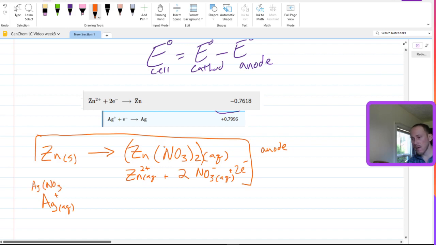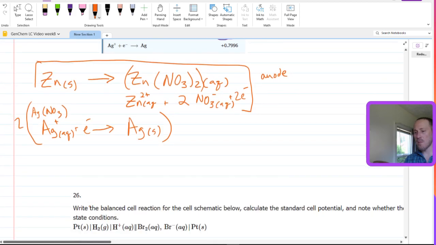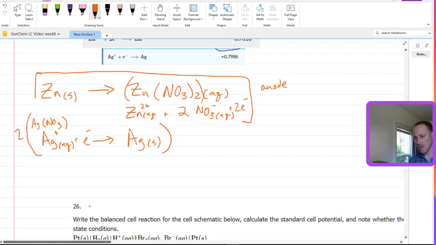Just like the zinc nitrate dissolves. We can write this up here as silver nitrate. And it's going to gain an electron and become solid silver. The thing is, we need this entire reaction over here